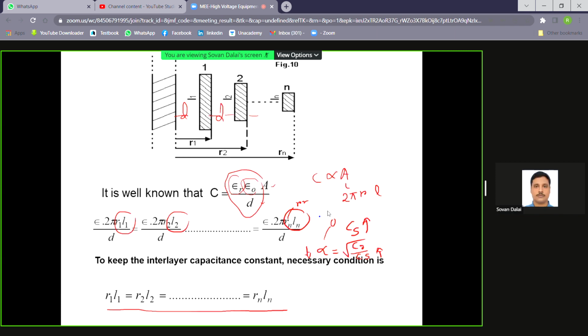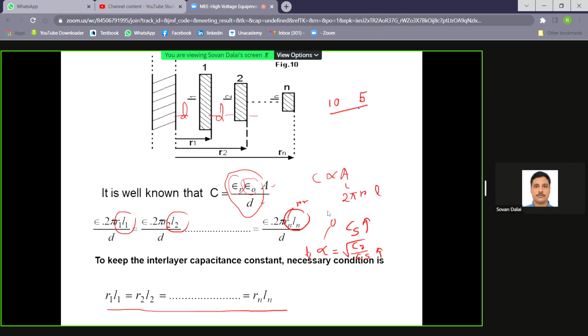All of you know, if capacitors are connected in series, it is equivalent to resistance equivalent. Suppose two capacitors, say 10 and 5, if they are connected in series, what is the equivalent capacitance? 10/3.